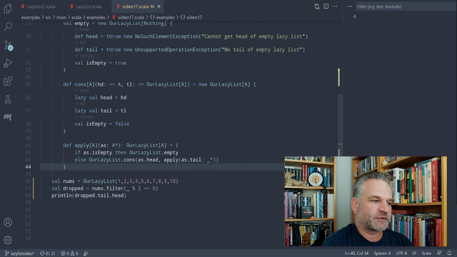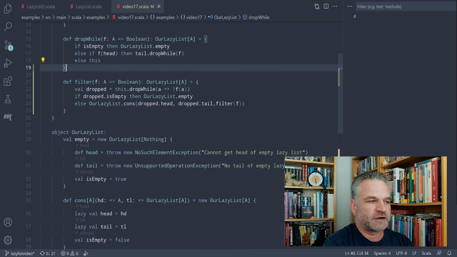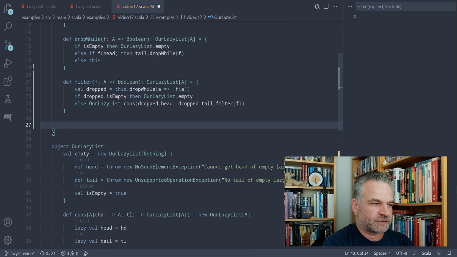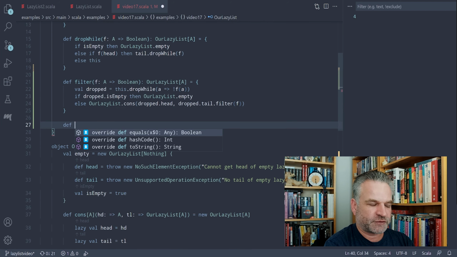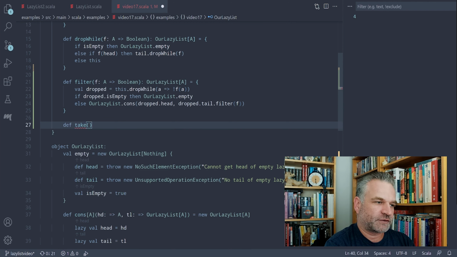So that's something I'll implement next. This is going to go in the trait object, and this is the take function. This is similar to the other function. It's just going to be a simple recursive list construction. So we can say take, it takes a parameter of n, which is the number of elements that we would like to return,